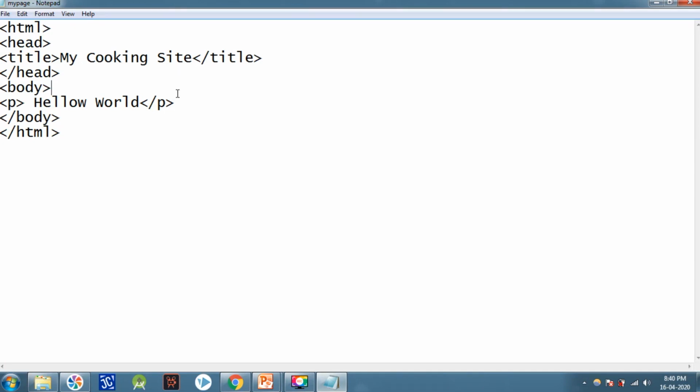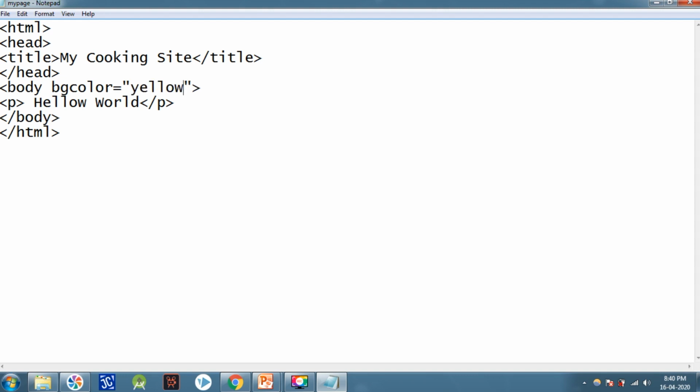In this code, I will first use the attributes of the body tag. First of all, bgcolor. Here the spelling of color is color. Most tags contain attributes which enhance the functionality, giving better features. The body tag contains the first attribute, that is bgcolor. Whatever color name you put inside it will be displayed here in the form of that color.